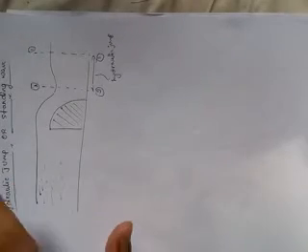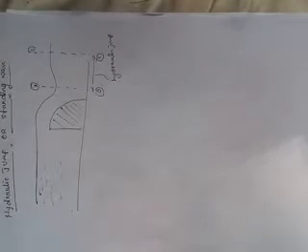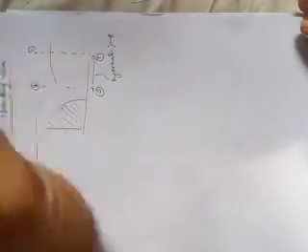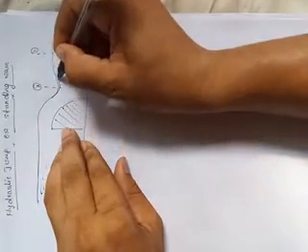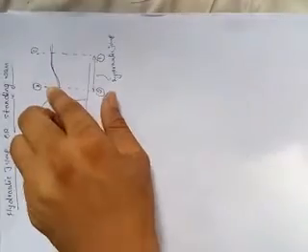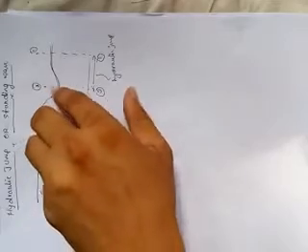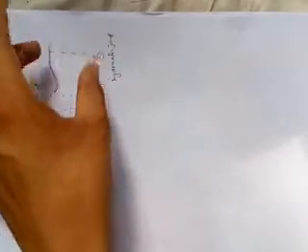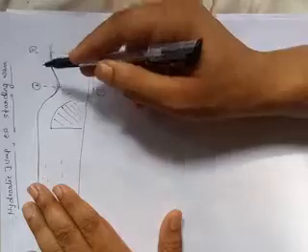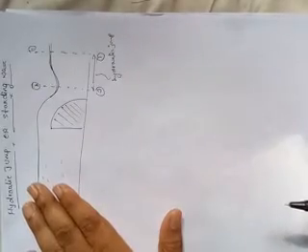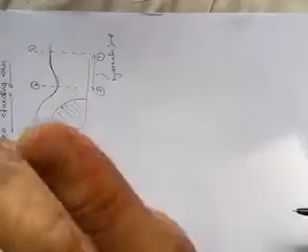Consider the flow of water over a dam, as shown in the figure. The height of water at section 1-1 is small. As we move towards downstream, the height or depth of water increases rapidly. See, there is a sudden increase in the depth.